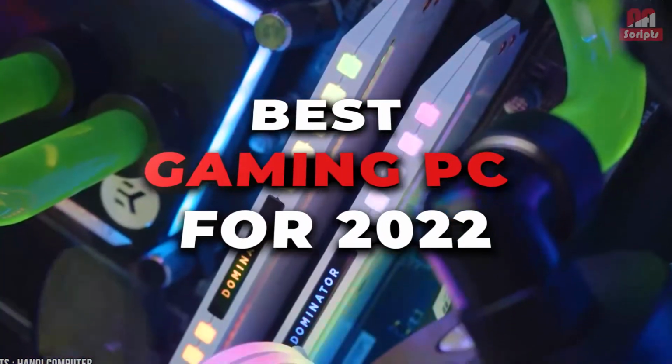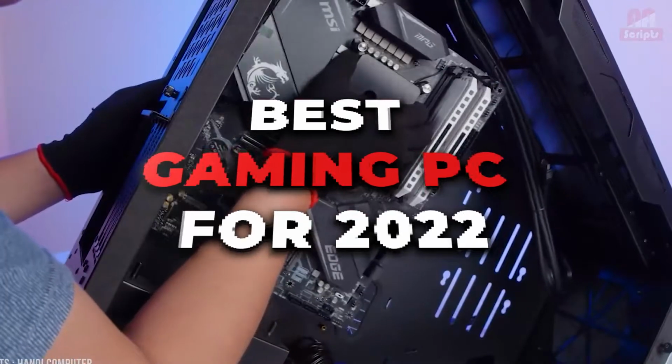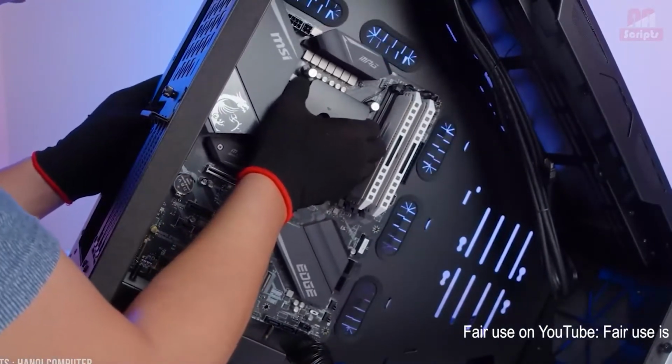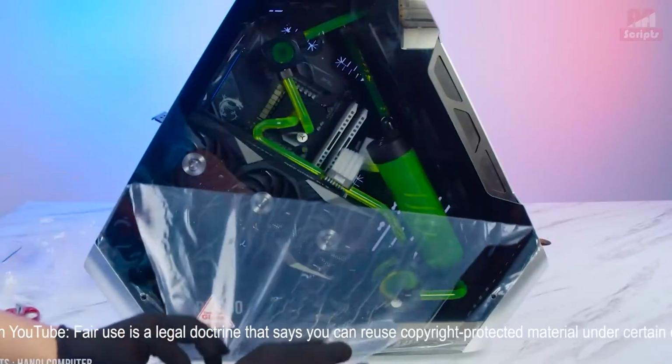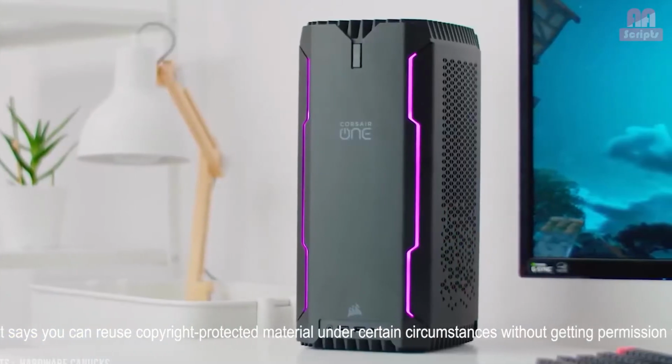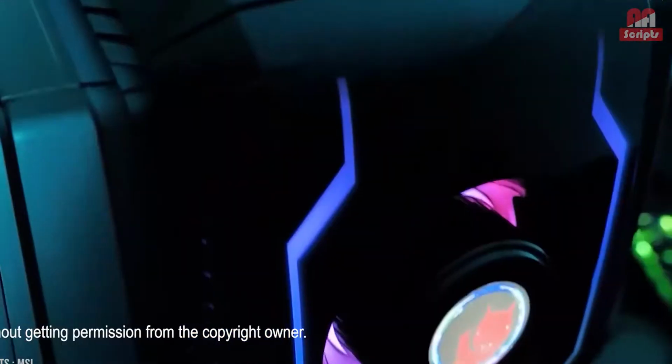Best Gaming PC for 2022. From cheapy computers that can just about handle HD to 4K PC monsters, will help you navigate the terrain. There's no shortage of options when it comes to new gaming PCs. Whether you're on a stringent budget or you're ready to splurge, we've gathered some of the best gaming PCs to